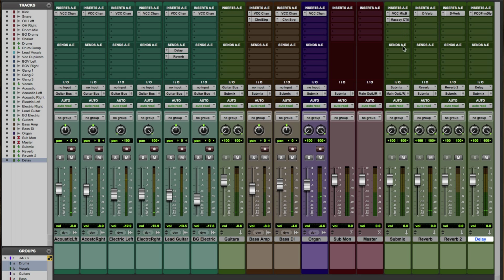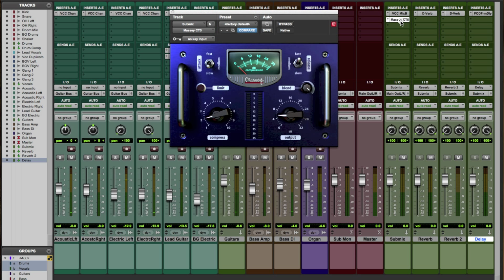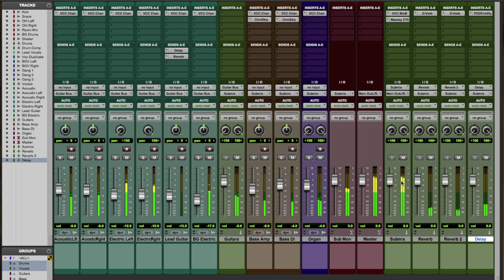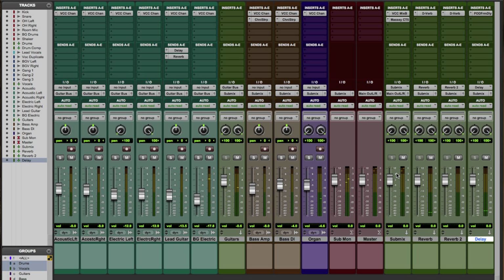And then when it hits this aux track, I'm going through this compressor, this Massey compressor, and I'm boosting about, I don't know, 5 or 6 dB, just to raise the level a bit. So you can see how the actual level here is lower, because that's the levels on that bus, but then when it hits this aux track, I'm boosting levels up a little higher. And of course you don't want to clip, and I usually don't go that high, but I'm on my laptop, I'm in the field right now, I'm at work actually, so